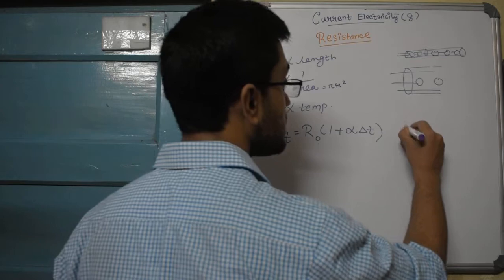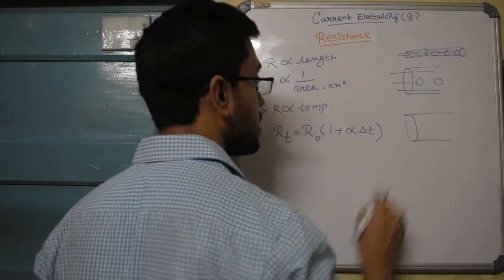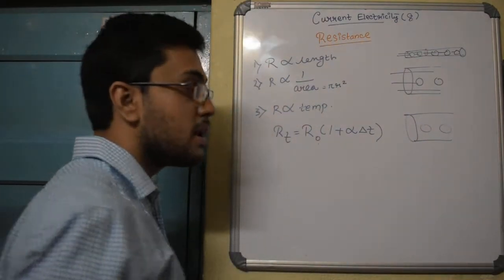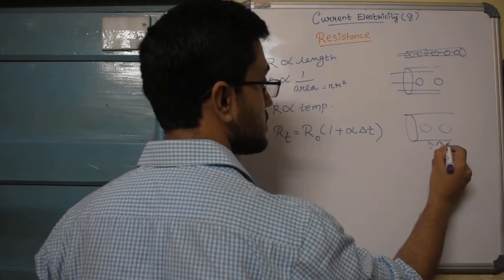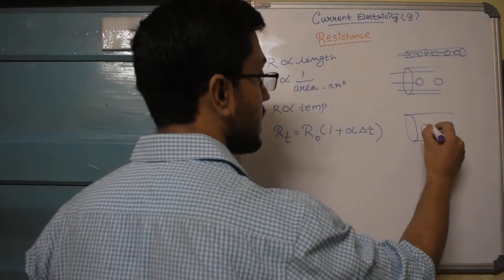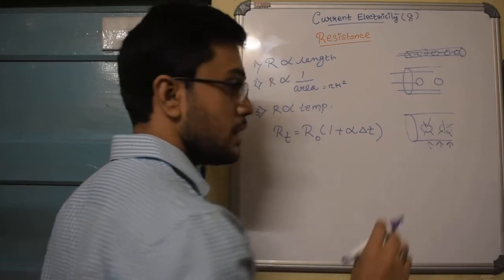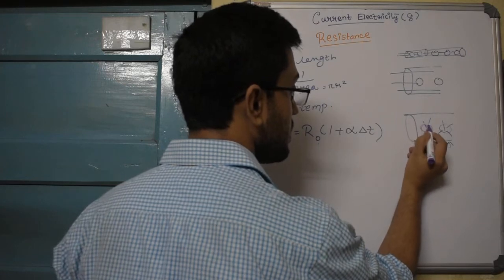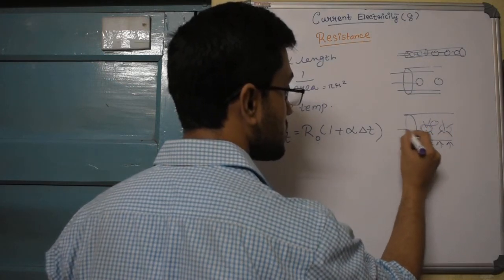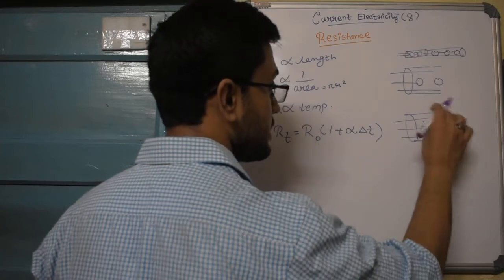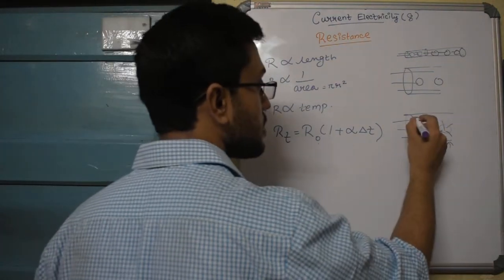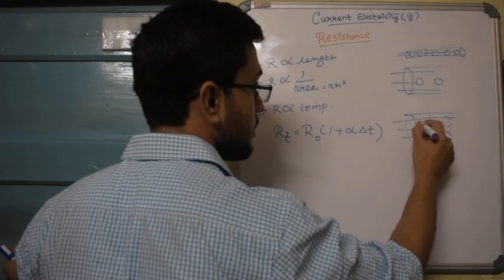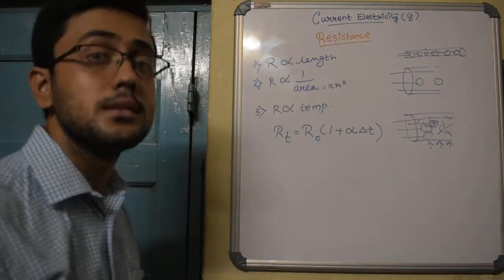And what is the reason behind this? Once again, consider this kind of cross-sectional area, and the cation is sitting here calmly. If you are heating this, if the temperature is increasing, the cation will also start vibrating and moving. It will no longer sit still in one place. At some point it will be here, at some point it will be here, at some point it will be here. So the electrons which are coming in, had the cations been sitting tight in place, would have passed undisturbed, undeflected, but now because it's vibrating, it's facing an obstruction here, so the resistance is increasing.